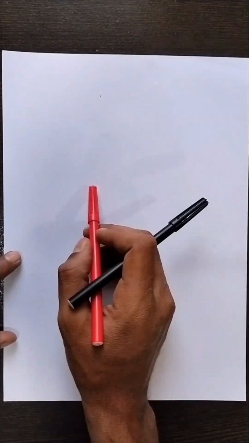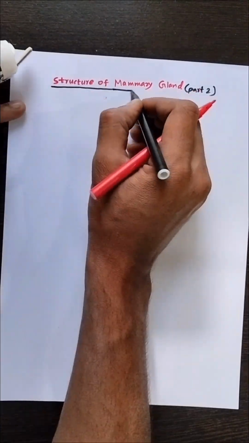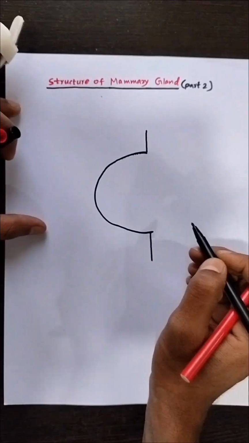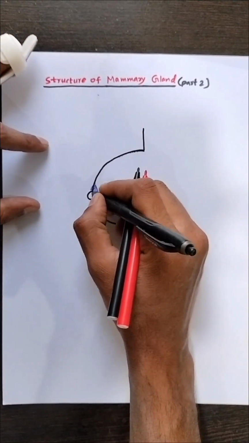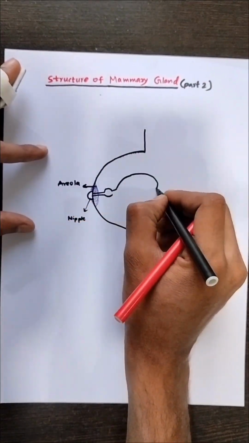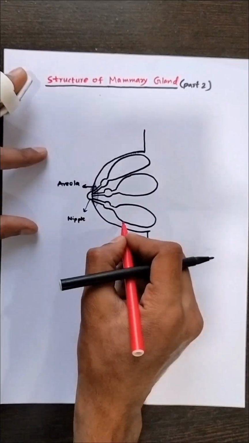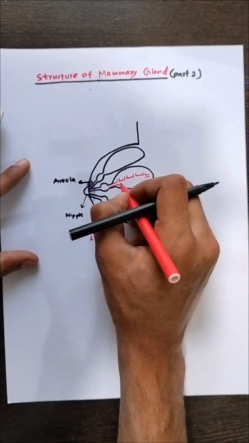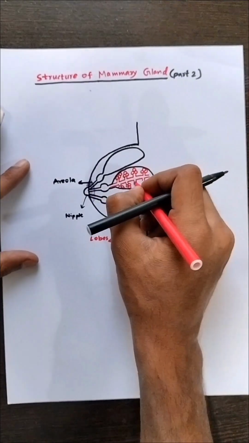Stay tuned. Hi guys, we'll discuss structure of breast part 2, that is the mammary gland. First of all, draw two lines and draw a C joining them. After that, a small C in the middle of that C in contact, so that is the nipple, and beside it pigmented skin, that's the areola. From the nipple, draw the lactiferous ducts, lactiferous sinus and the lobe, as shown. And in the lobes, you can see the intralobular ducts and the lobules, where the acini tissues are present,